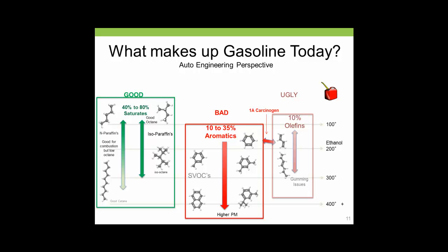This slide is to put gasoline in the perspective of the automotive engineers. Every SAE paper will usually list the saturates, the aromatics, and the olefins, along with a lot of the other fuel properties. To the auto engineer, the saturates are good, the aromatics need to be carefully watched, and the olefins tend to be, in a lot of test fuels, they may not even add olefins, but this is looking at